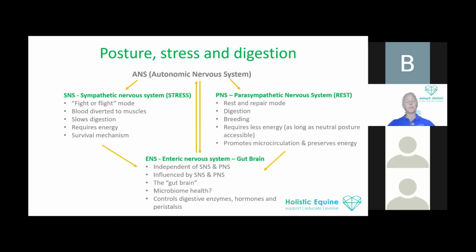And on the flip side of that, we've got the parasympathetic nervous system, which is considered the rest, repair, digest and breed mode. This requires less energy as long as the horse is in a neutral or a neural posture. It promotes microcirculation, and it is also an energy preserving mode. So the horse is constantly fluctuating between these two states normally, and it would do in the wild, not because